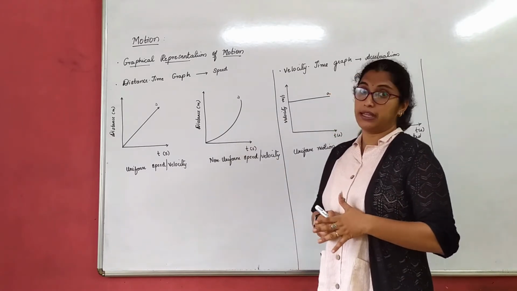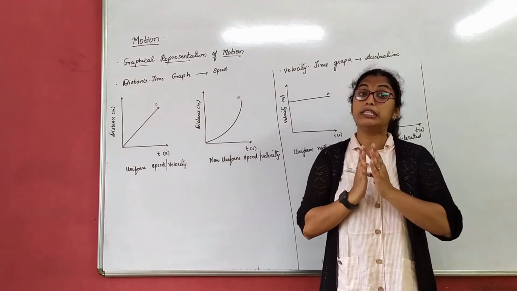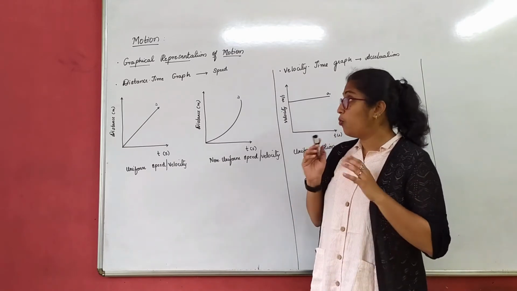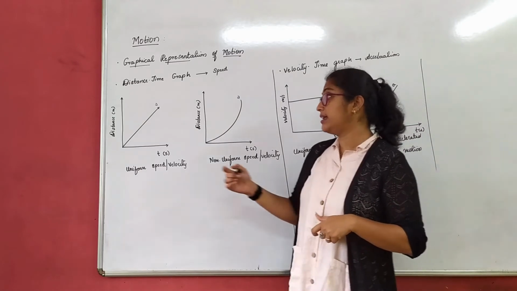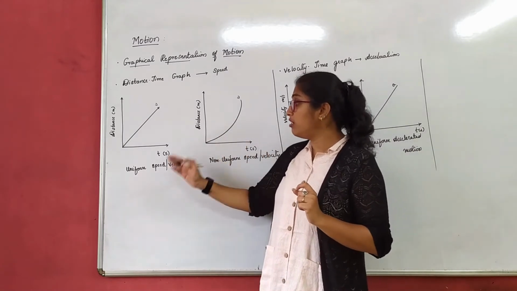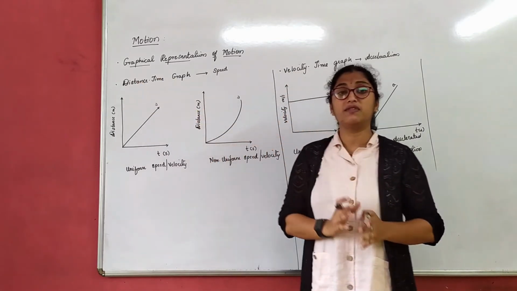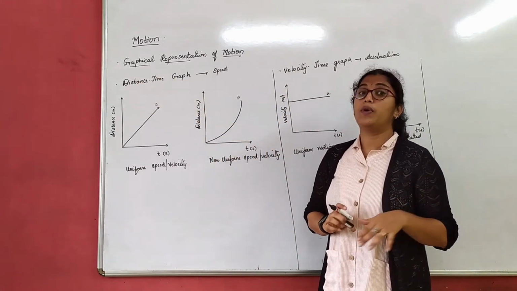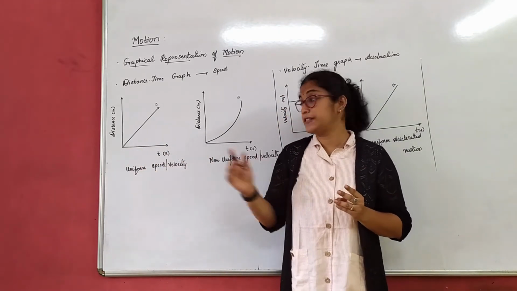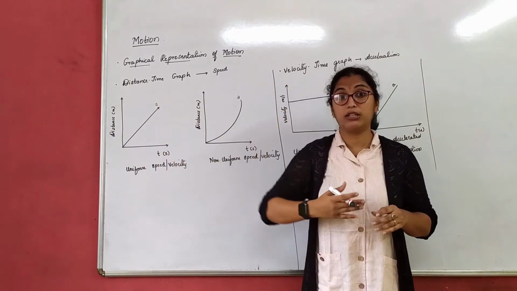So for the distance-time graph, whenever we talk about distance and time, we are talking about speed. So in a distance-time graph, we will be finding the speed of the object. One foremost thing you have to understand here is that the graph we draw always has an x-axis and y-axis. We always represent time on the x-axis and any other physical quantity on the y-axis. Why is that? Because on the x-axis we always plot what is independent of something, and on the y-axis we always plot what is dependent on something.